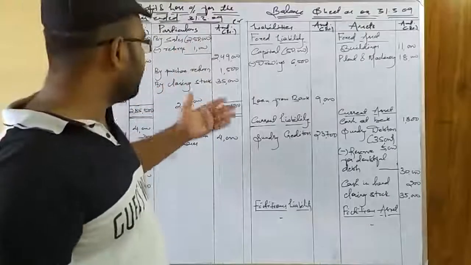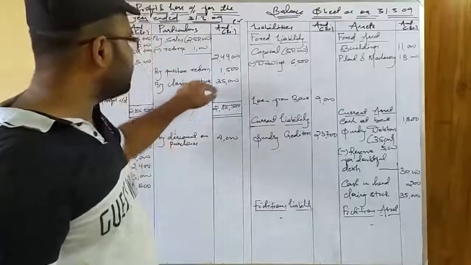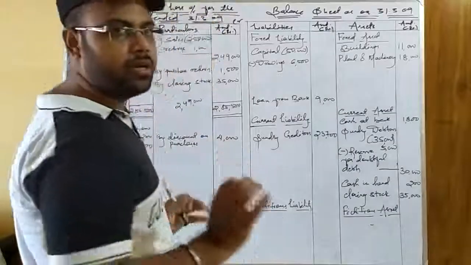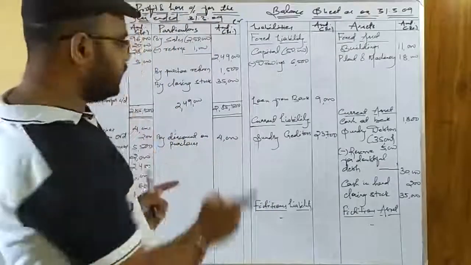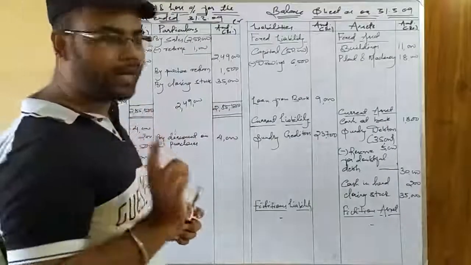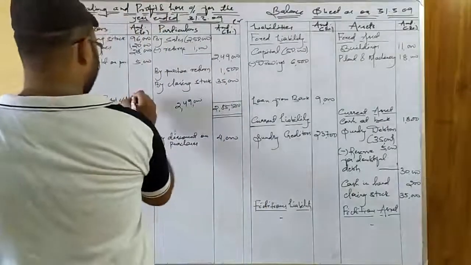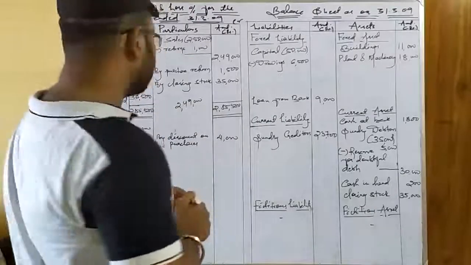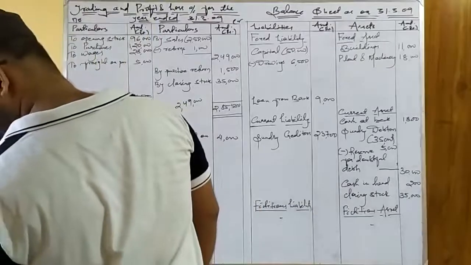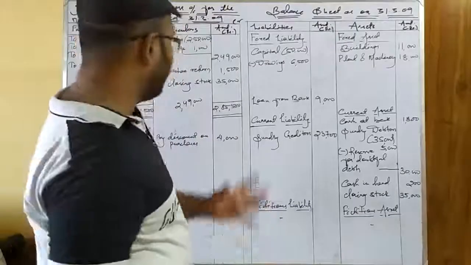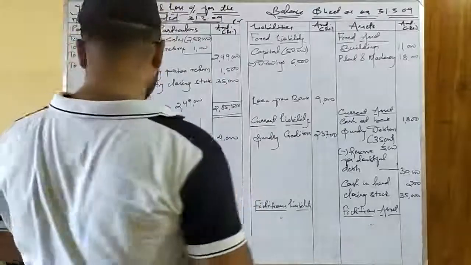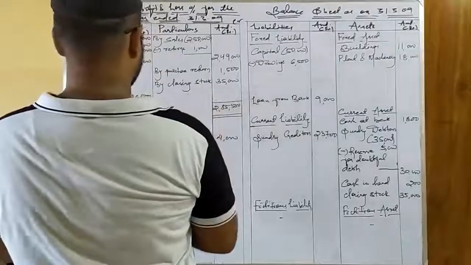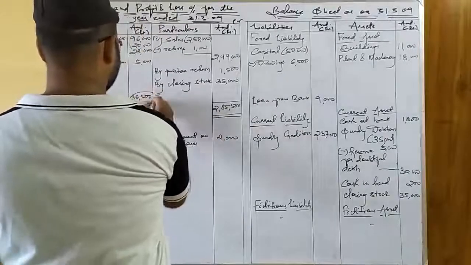If you have doubt, you can calculate the total of this minus this, and we get the total of this. Okay, that is 35,000 plus 1,500 is 36,500. If it confuses you, not to worry, subtract this total minus this amount, so you get the answer as 36,500. Okay, now let us check whether we are getting the gross profit correct or not. Okay, the answer given in the question is correct, and we have made the calculation properly. So likewise we have to do it for the profit and loss account also. So this is the gross profit that we have got.